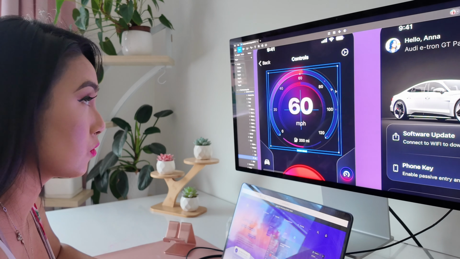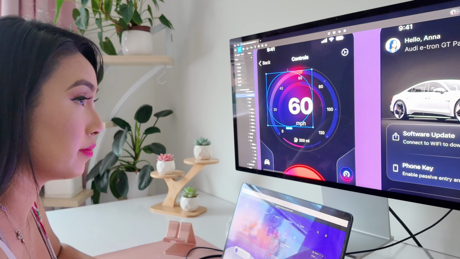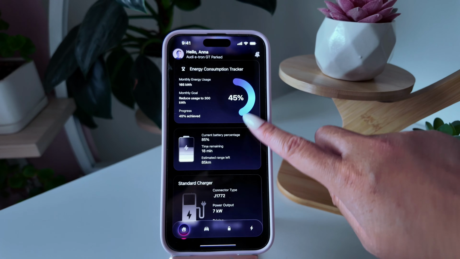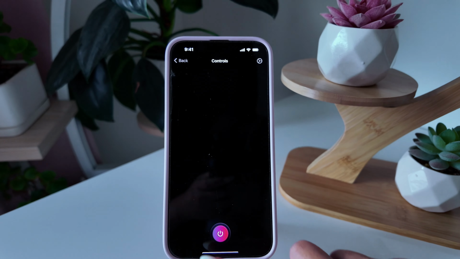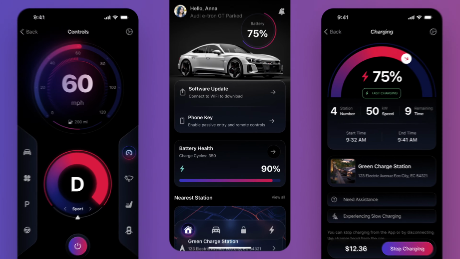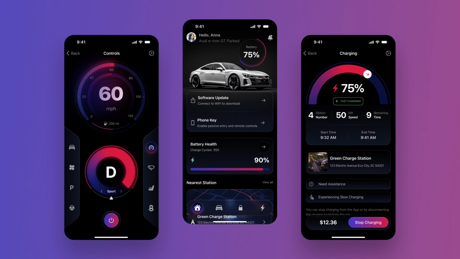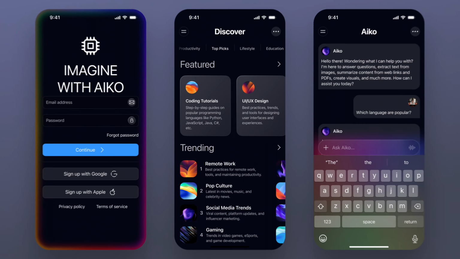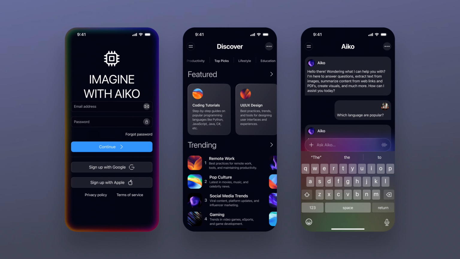Hi everyone, welcome back to Design Code, and today's video is going to be about design and prototype for iOS 18 and Figma. This course is divided into three main parts: design, prototype, and implementation. I'll guide you through designing a beautiful user interface for iOS using Figma, creating interactive and dynamic prototypes, and implementing your designs into code. Whether you're a beginner or an experienced designer, this course will provide you with practical knowledge